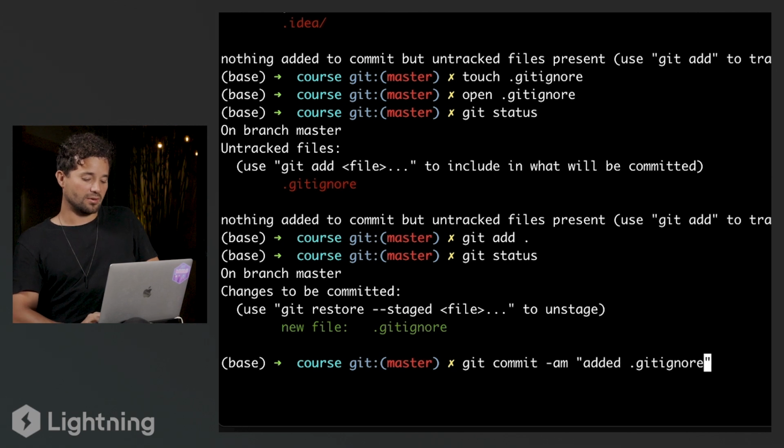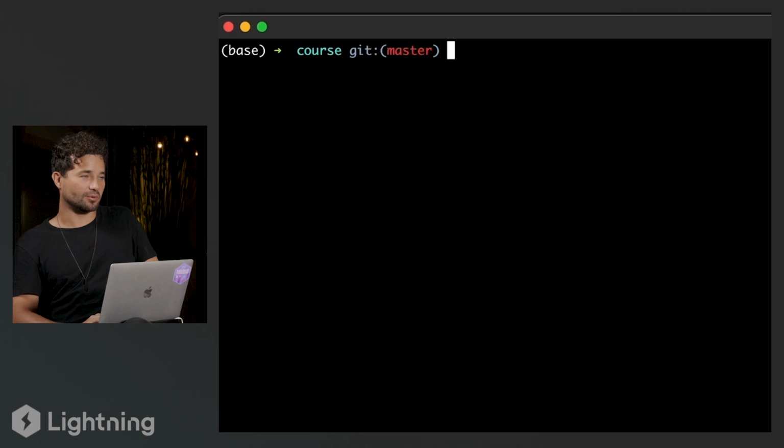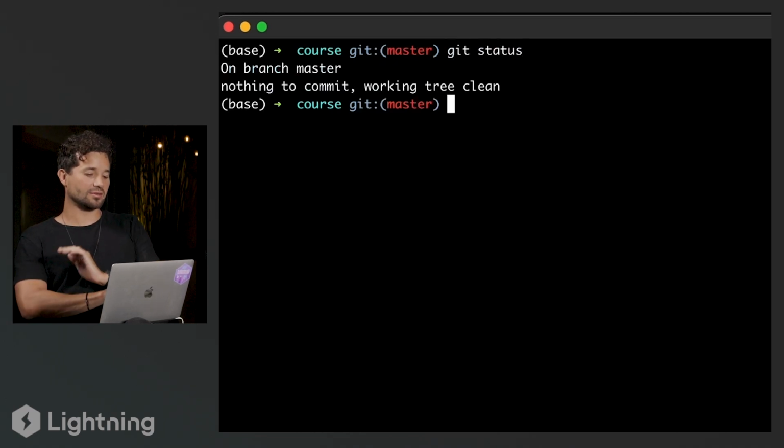.gitignore. I'm going to clear because I don't like pollution on my terminal. And then I just do git status. And now I see that there's nothing to commit. Everything is good. In case you are wondering how Git works under the hood, if you initialize the repository git